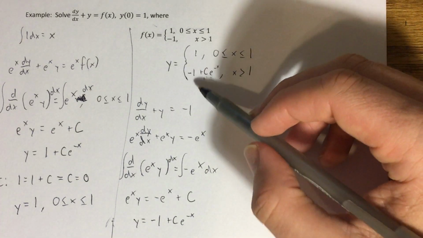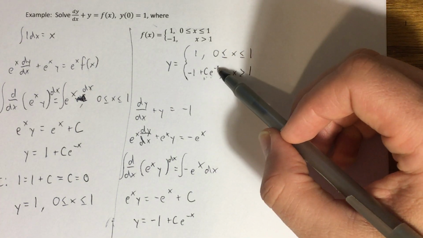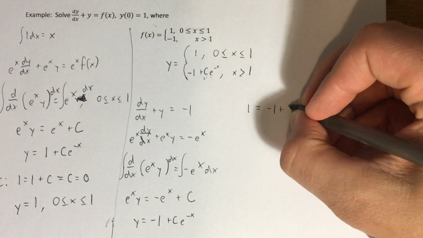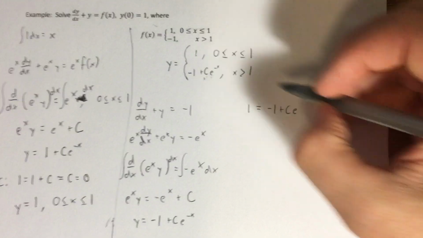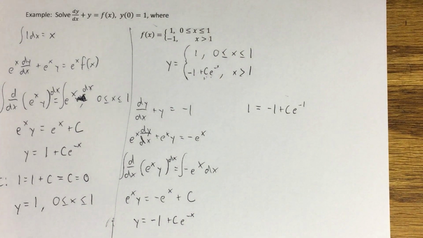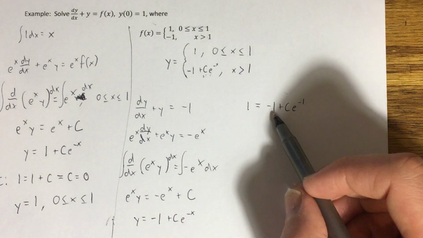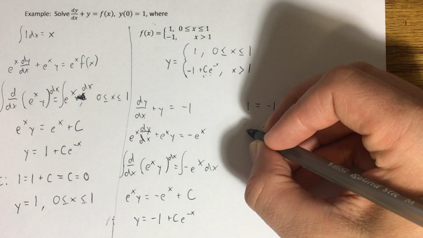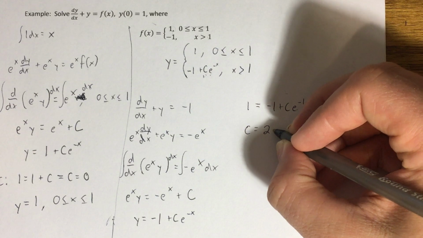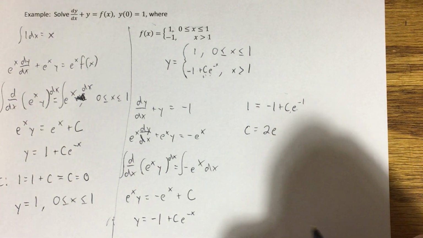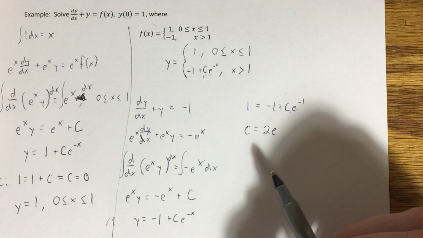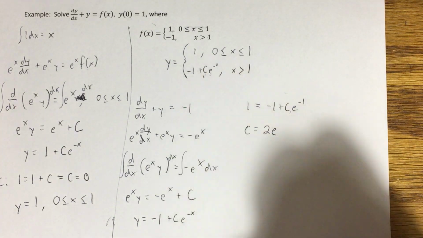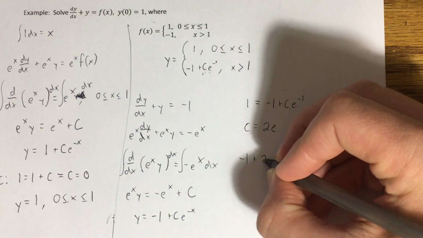But again, what I want to do is plug 1 in for x and get a 1 out here. So in other words, 1 is equal to -1 plus c e to the, remember we're plugging a 1 in there, -1. Okay, I can solve for c now. Add this over to get a 2, multiply both sides by e, and I'm going to get c equals 2e as a result. So solving this for c gives me c equals 2e. Okay, now I can take that 2e and substitute it in for the c right here. So that gives me -1 plus 2e,